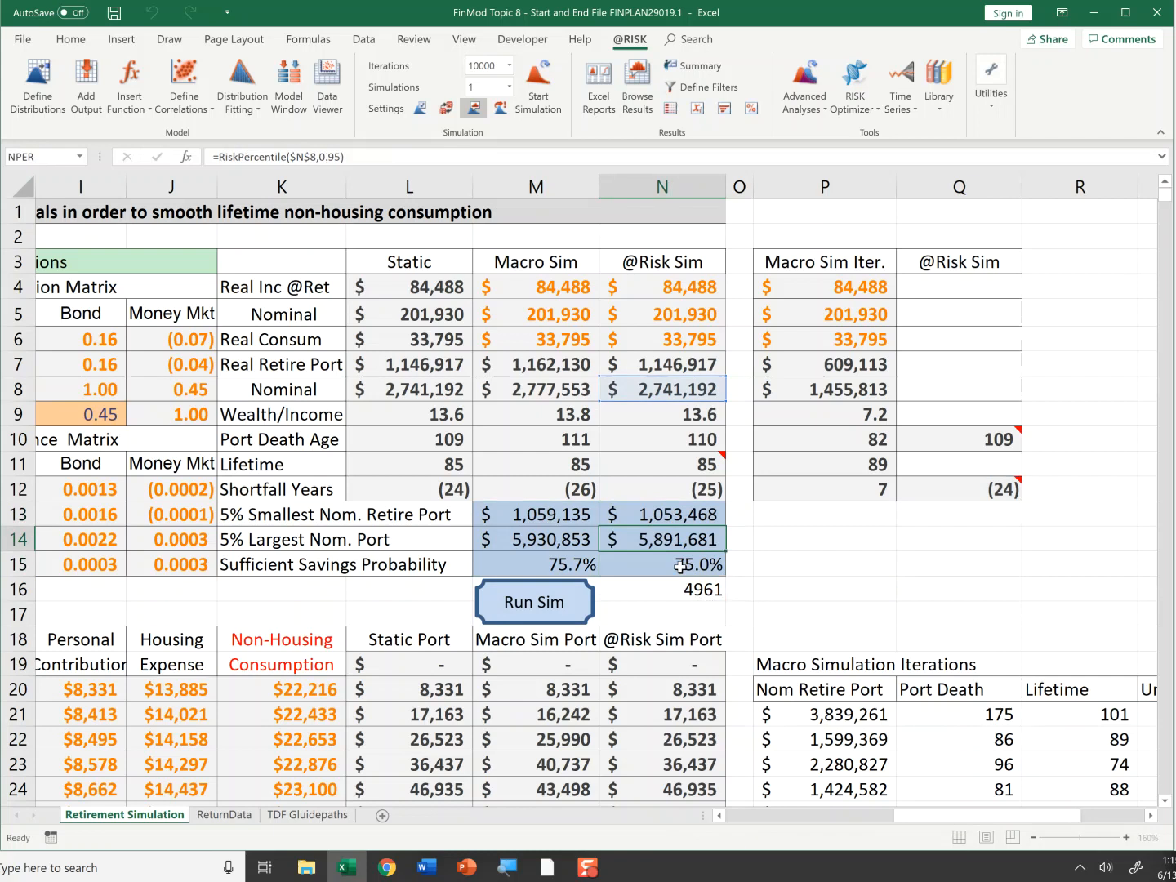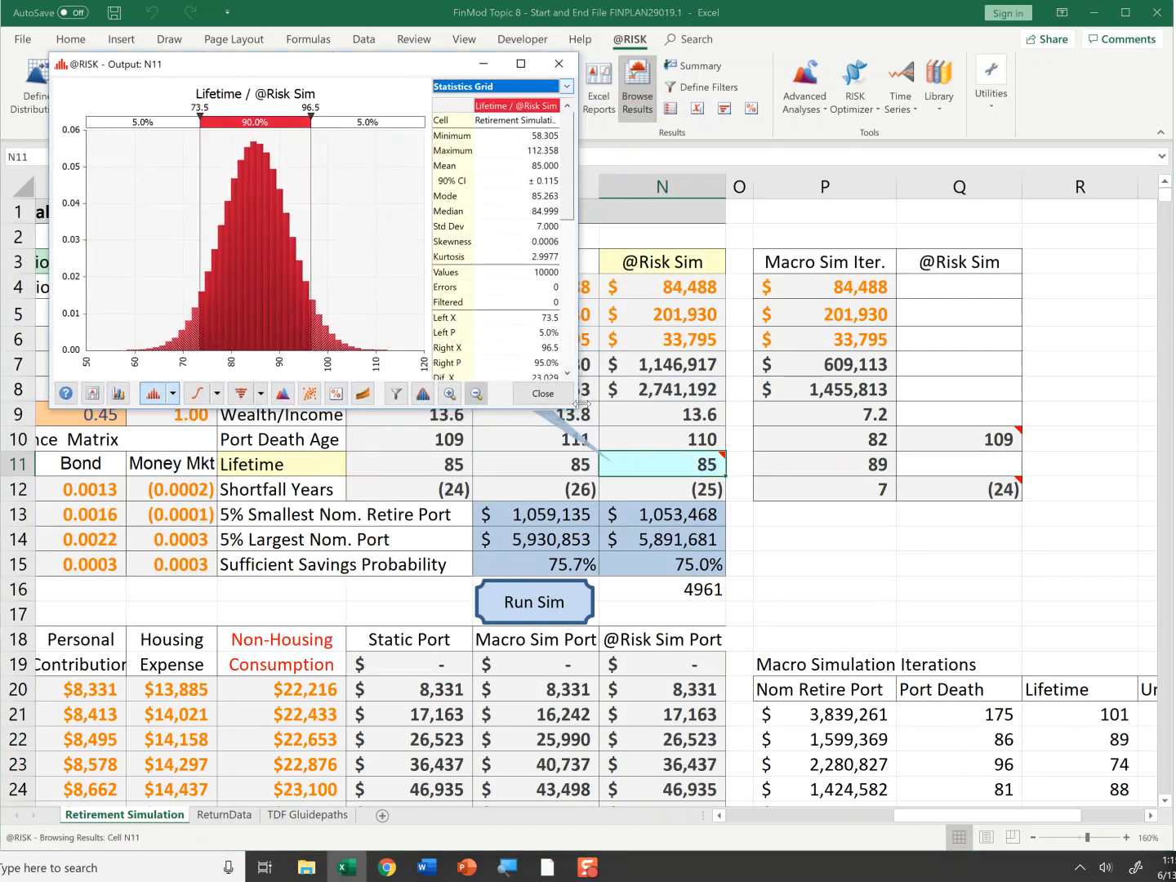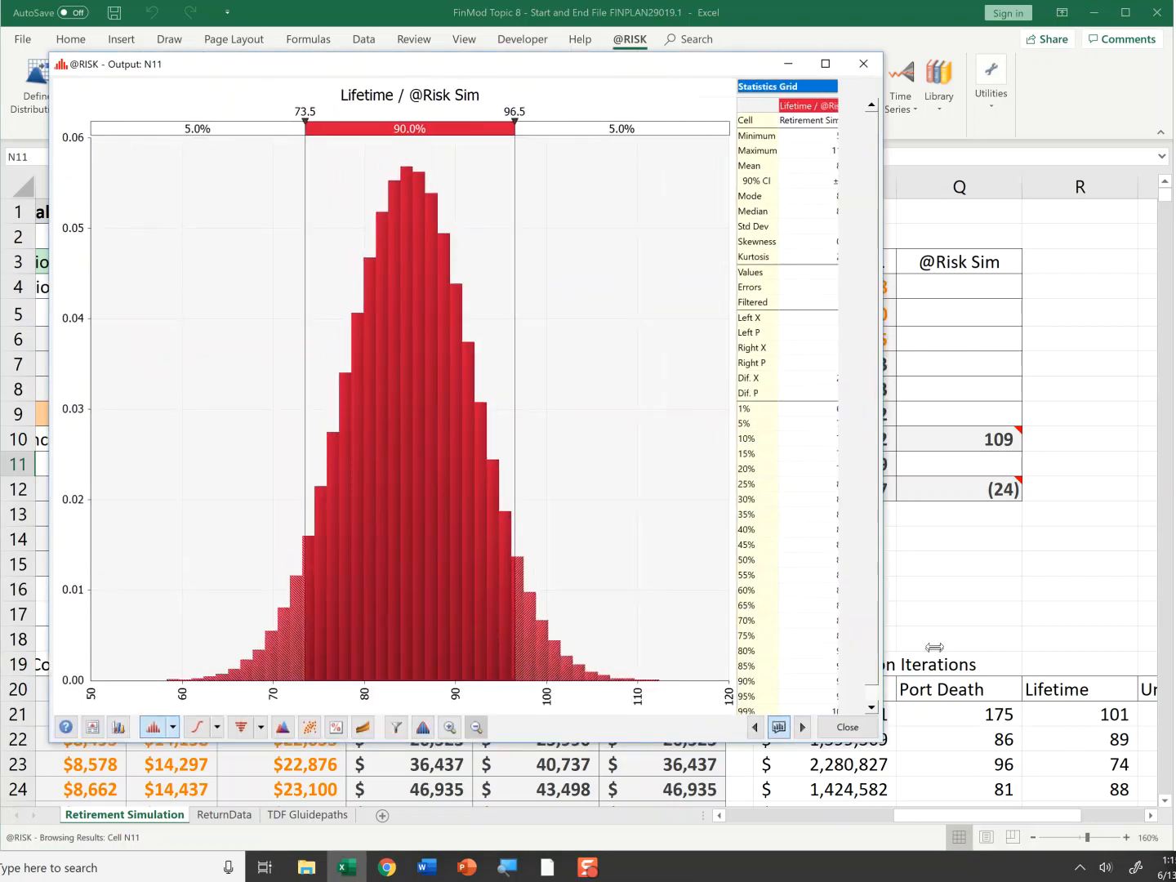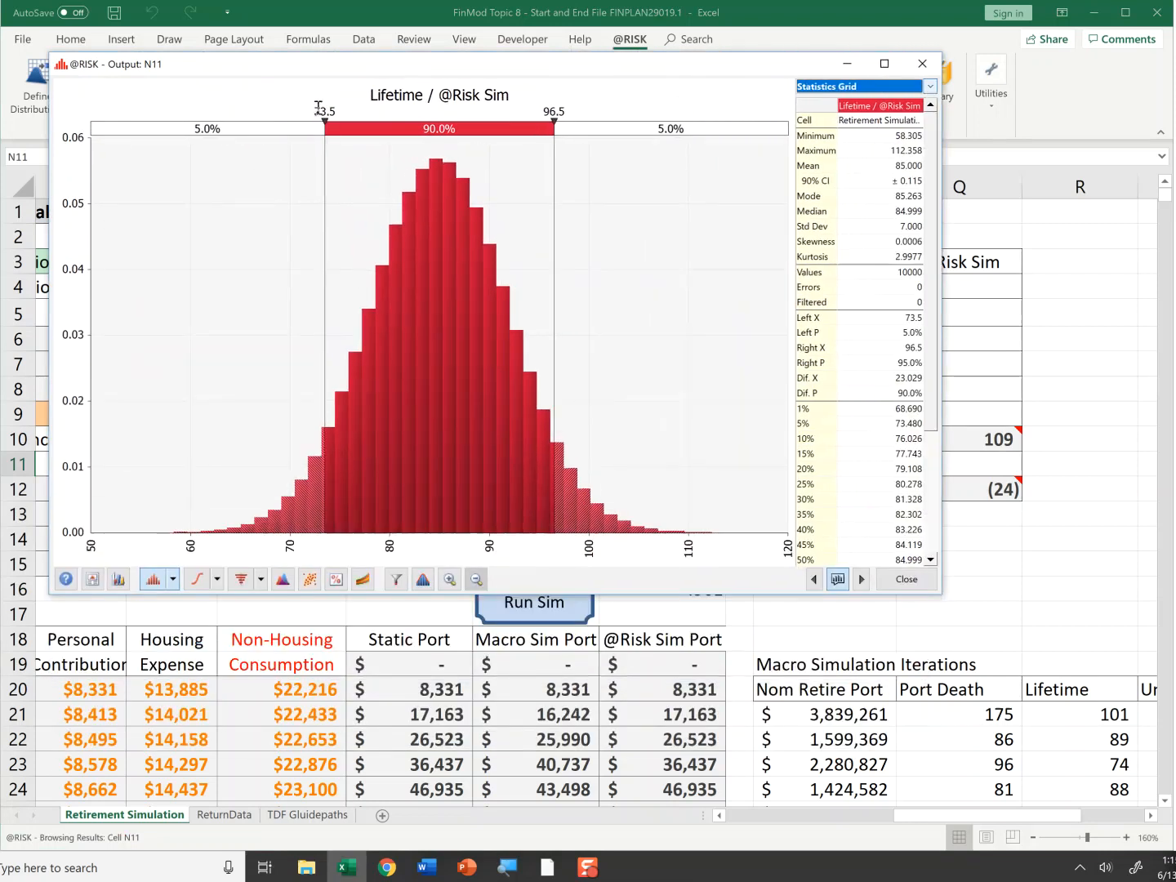However, it is a lot easier to run this. I don't have to worry about collecting this data, and it usually runs faster. Now the real advantage of @Risk is I can take any of my outputs, say year of death. I can browse my results, and now I can see the full distribution of my lifespan, assuming normal distributions. I can see, say, there's my 90% confidence interval. I'm 90% confident I'll live between 73.5 and 96.5 years. Or I can figure out what's the probability of me living to 100. And I can say, okay, there's a 1.6% chance of me living to 100 based on